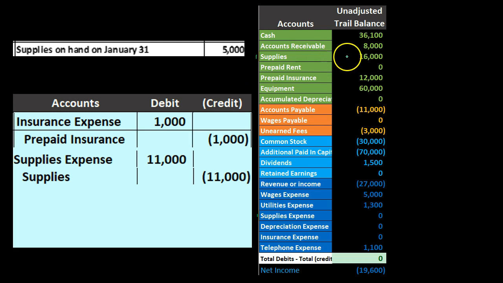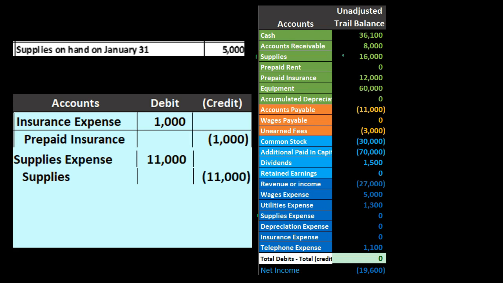So if I have a supplies asset on the books, how did that get there? I need to be able to tell my story to myself. Well, it must be that we bought supplies, and when we bought them, we credited cash or a payable, and we debited not supplies expense because we had not yet consumed it, but supplies. So whenever we buy supplies, we put in this computer ink in the corner, stacking it up,